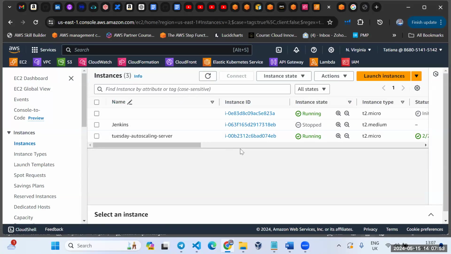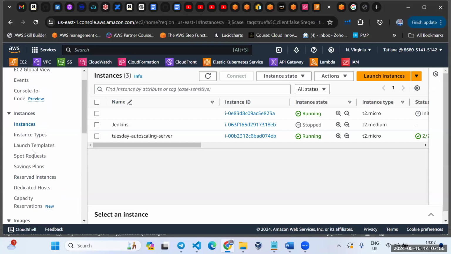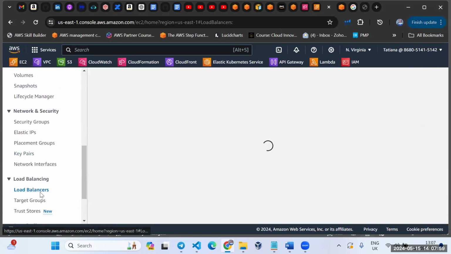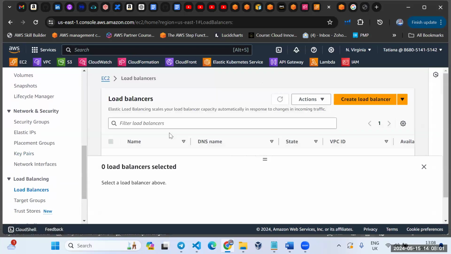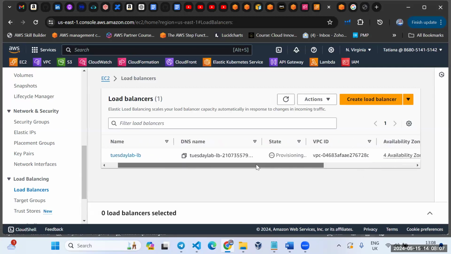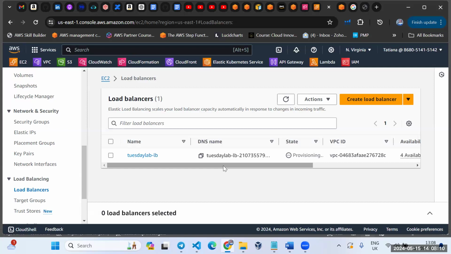All right, so our AutoScaling group is up and running. The load balancer too has been deployed. But at the moment, this load balancer is attached to a default security group. We would want to create a new security group for the load balancer, or edit this one. But let's just go ahead and create a new security group that will attach to the